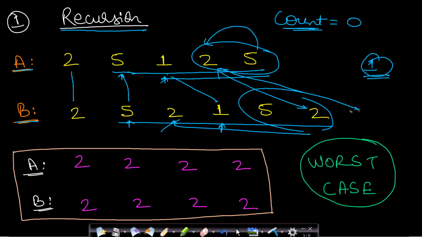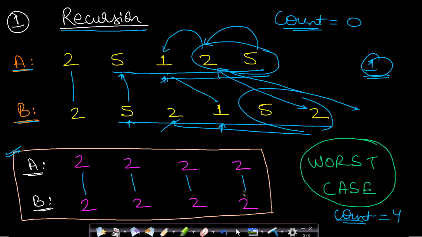We will try to draw this line, but this is going out of bounds, so this will not be tried, and we will move back to the previous element. So in this case you can see that there can be too many configurations which will be possible, and the worst case scenario I have shown in the second example, where all the elements are same. So when all the elements are same, then you will match these lines, this will be matched. Okay, so this is one configuration, and your count value will come out to be, let's say, 4.